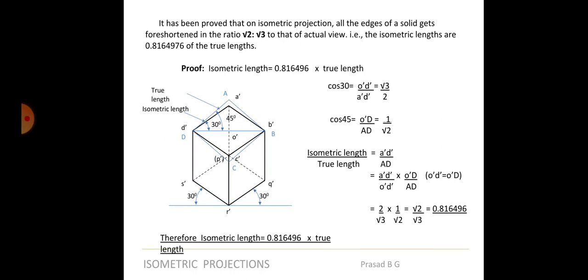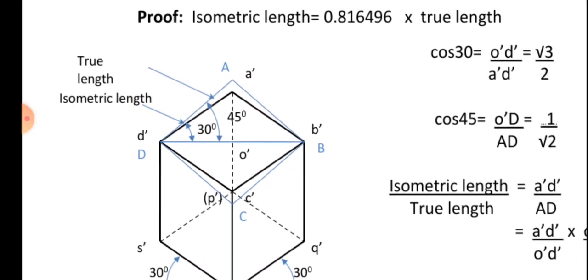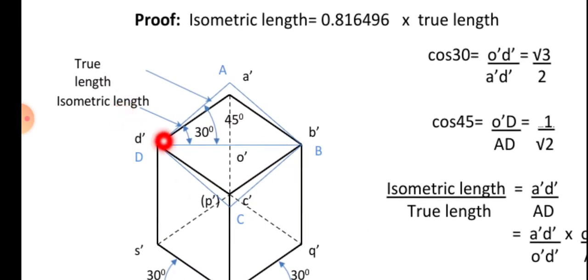Okay, so you can see in the sketch here now. Whatever you are drawing at 45 degrees is the true length, and whatever you have done with the 30 degrees is called the isometric length. So you can very clearly see the difference there, isn't it? So this is the actual length. If I am measuring from capital A to capital D, it is the actual length. So definitely when you see this small a dash d dash line, it's smaller than this one. So if this is 10, for example, what will this be? This will be 0.8164 into 10. In other words, this is 8.164. Isn't it? If this is 10, this has to be about 8. So that will be the reduction in length.